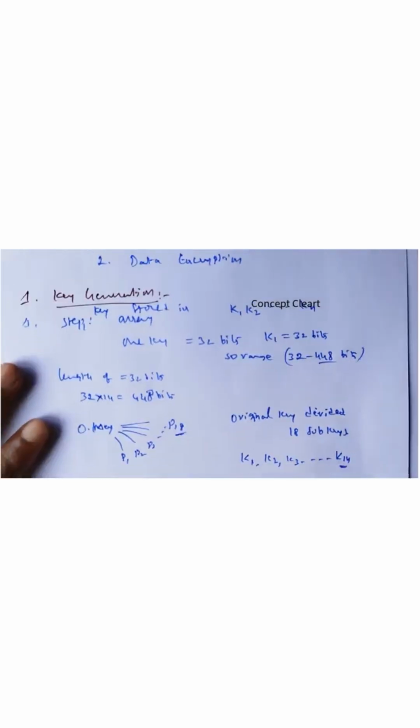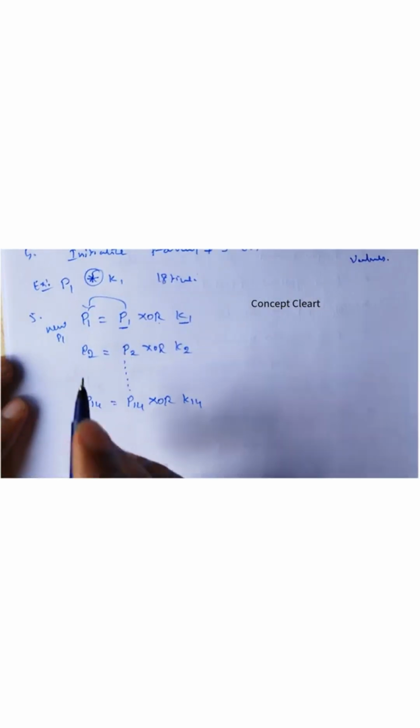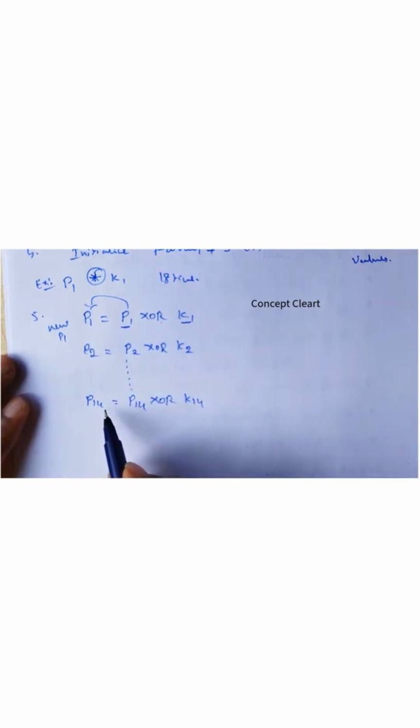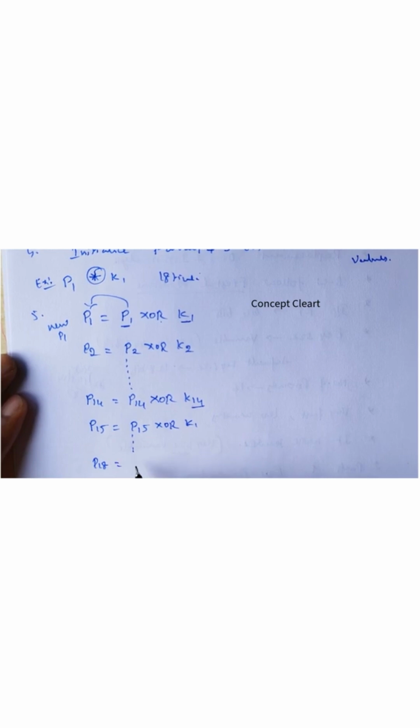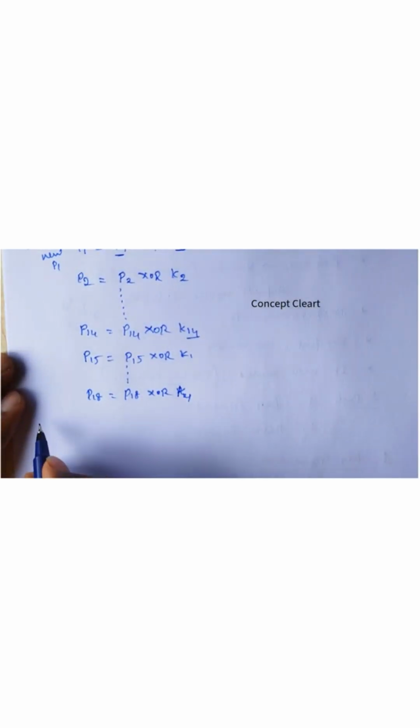Keys are the K4. Here the P's are divided into 18. Keys are the 14. But here, for performing the XOR operation, P1 up to P14, all the keys are completed. Then what happens? Then we have to use again from K1: P15 equals P15 XOR K1. Like that we have to perform up to P18 equals P18 XOR K4. Okay, these bits will be repeated, and after the fifth step and sixth step, after the XOR operation,